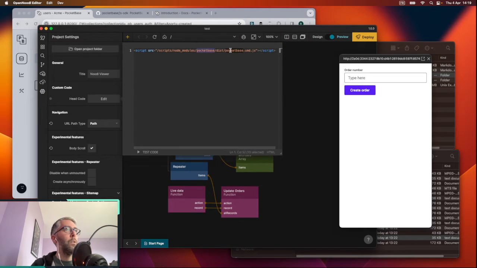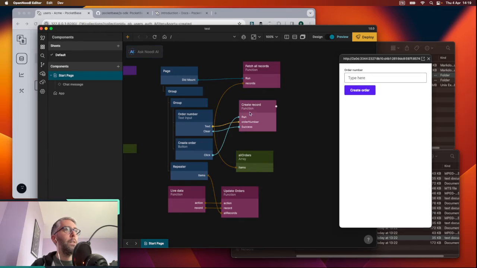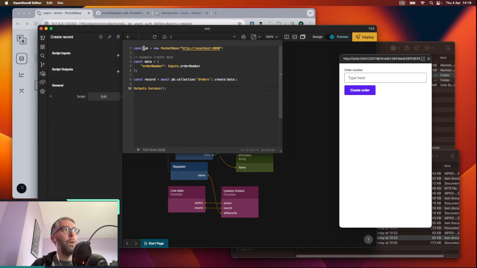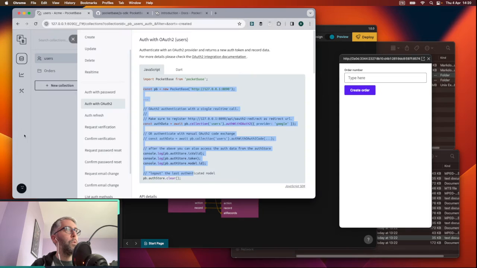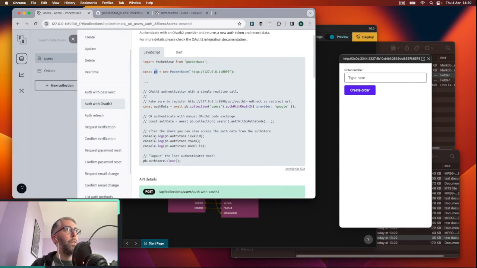I just do PocketBase.js, and then within the functions, I'm able to just reference that code that we saw on GitHub, which is just creating that PB object. And then afterwards, you're going to be able to run this whole PB thing with pb.collection users, and all this stuff will work within your Noodle application because you've imported that JavaScript, and so you have access to all of these different methods that you can use on the PocketBase